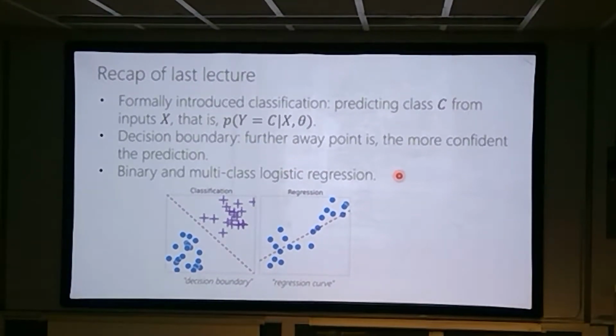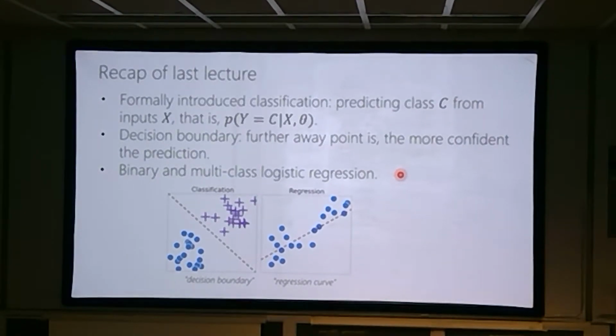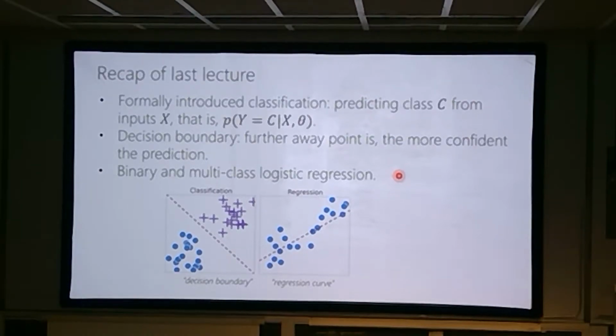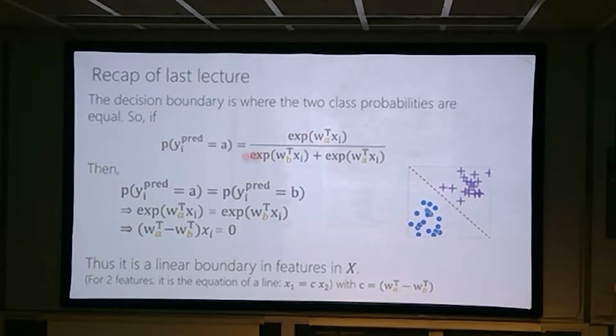And then we went through in detail what motivated, from one viewpoint, logistic regression, and also showed how to do parameter estimates, and then that it was convex, and also showed how you could generalize this using softmax regression with this softmax function. And then we also showed that to find the form of the decision boundary, you check where the probability of each class is equal, and then rearrange the algebra to get a function of x. In this case, it's a linear function of x. And so we had a linear boundary.